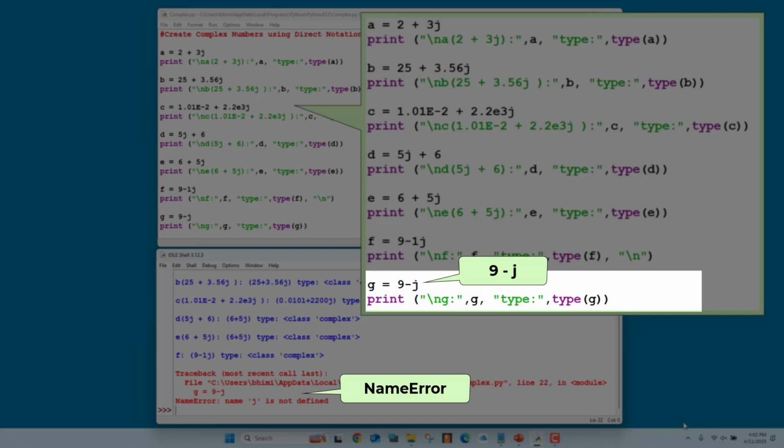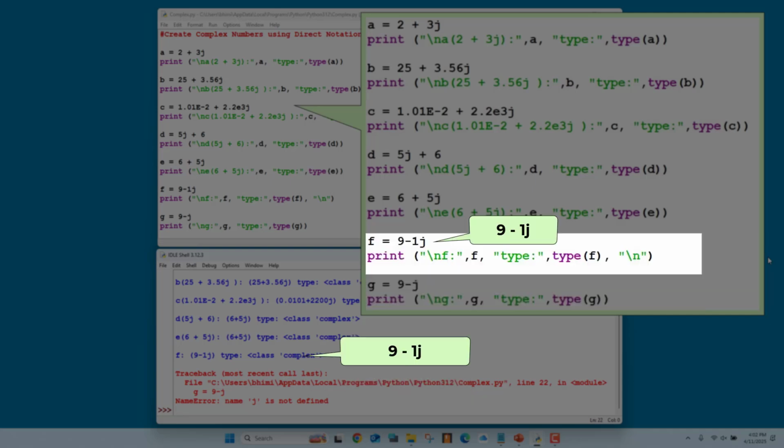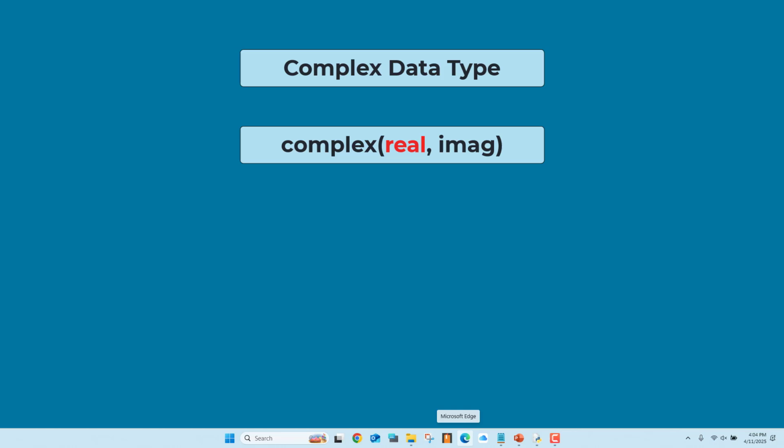j cannot be used alone. For example, 9 minus j is not a valid complex number. You will get a name error because Python interprets it as an expression. Instead, use 1j. The complex function in Python is used to create complex numbers by providing the real and imaginary